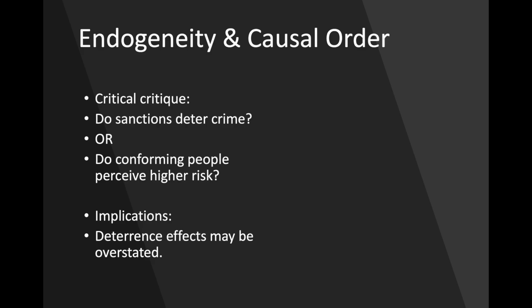A weak answer would say that deterrence theory argues that punishment prevents crime, but a stronger answer for a deterrence theory exam would state that modern deterrence research increasingly focuses on perceptual deterrence, but scholars have raised major concerns regarding causal order, punishment avoidance, experimental effects, and endogeneity. These critiques complicate claims that perceived sanctions directly cause reductions in offending, and this is more advanced criminological thinking. And with this, we can transition into rational choice theory, where the focus shifts from punishment systems broadly to situational decision-making and offender choices within specific criminal events.